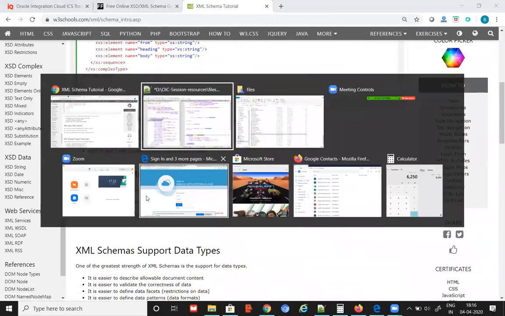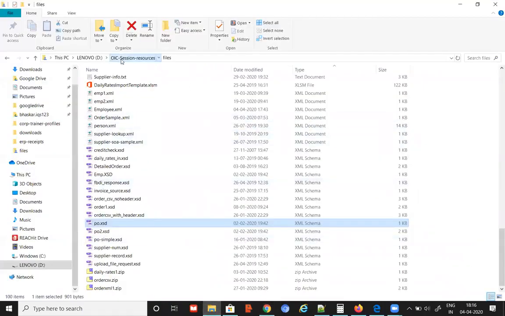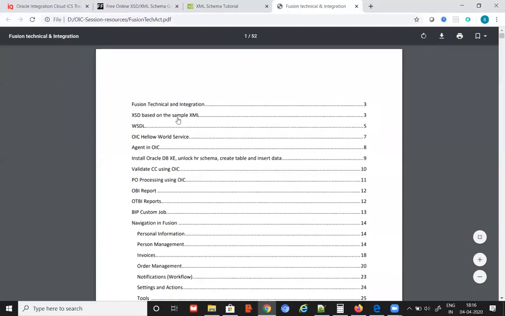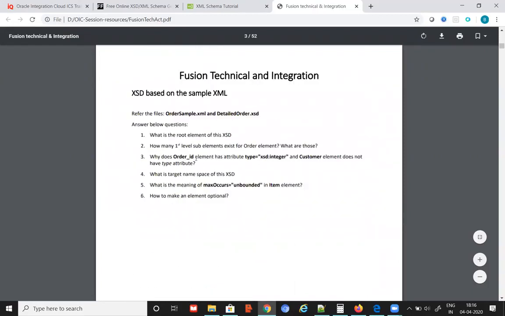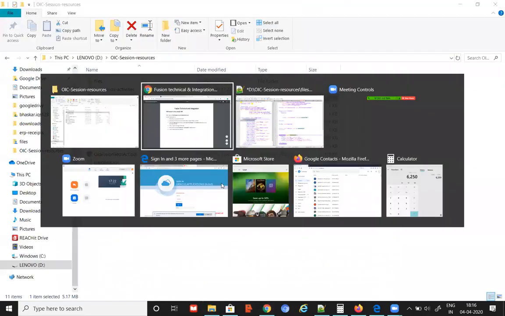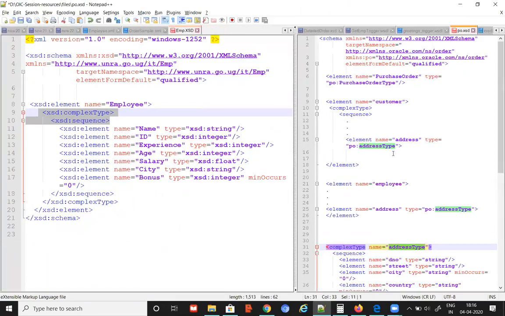As part of our activity guide also, I have one example. This is the activity guide you are going to use, all the practices are referred from here. XSD based on the sample XML. You have to generate the XSD from the XML, and then there are some questions asked here that you have to answer. That is the practice you are doing. So you'll get some more idea about what you did. And whatever I mentioned, if you understand, that is more than enough for your practices in general for your usage in the integrations. Okay, now I'm still open for questions. Any questions on this XSD?